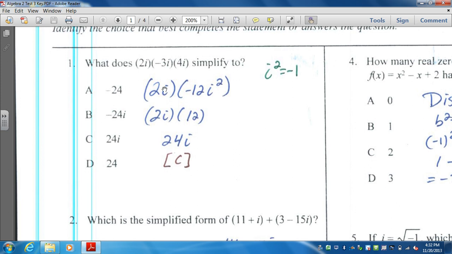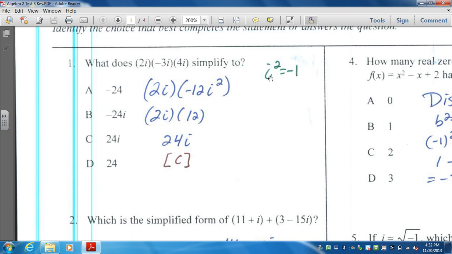For number one, you had to multiply these three together. What I did first is I multiply the negative 3 and the 4 to get negative 12, and then i times i gives me i squared. And if you remember back, that i squared is supposed to be negative 1, so if you replace i squared